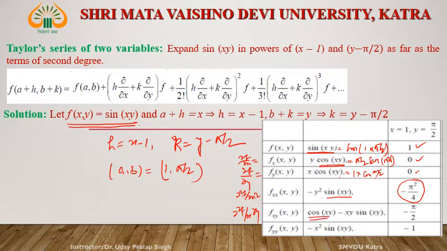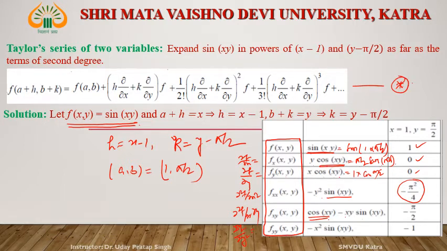This is cos pi by 2, which is 0, x is 1, y, right? Then this is minus 1 into pi by 2 into sin pi by 2, that is minus pi by 2, right? Similarly, dou 2f upon dou y2 is equal to minus 1, right? Put all these values of the function and all its partial derivatives up to second order